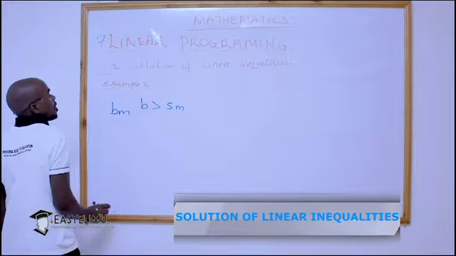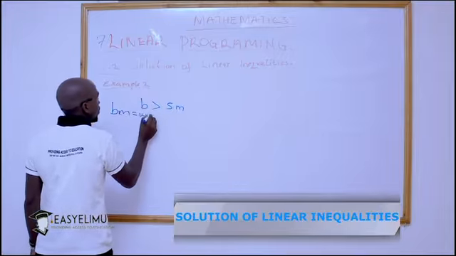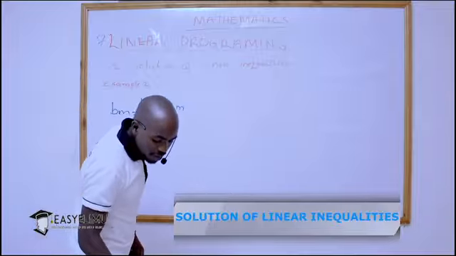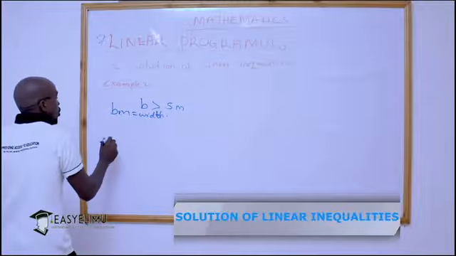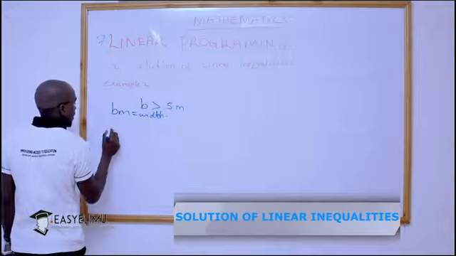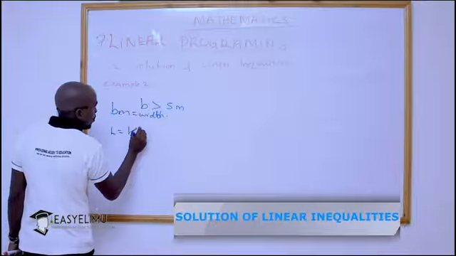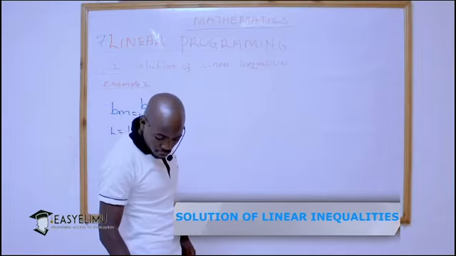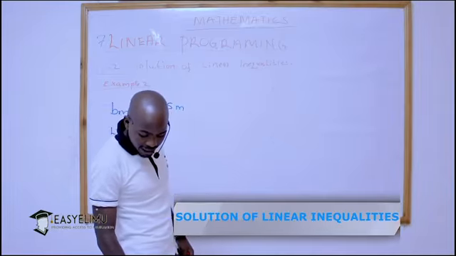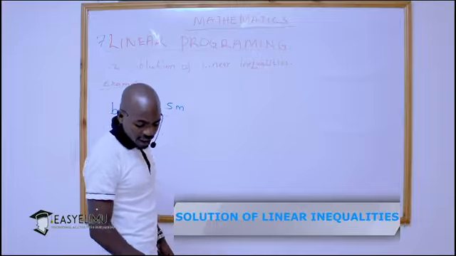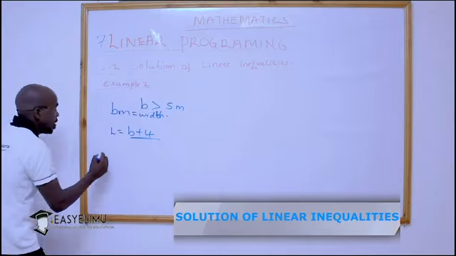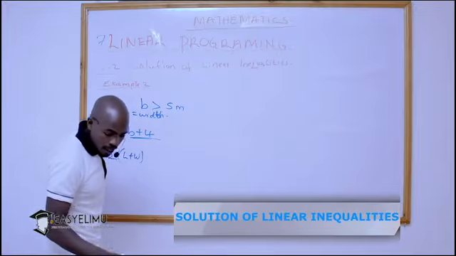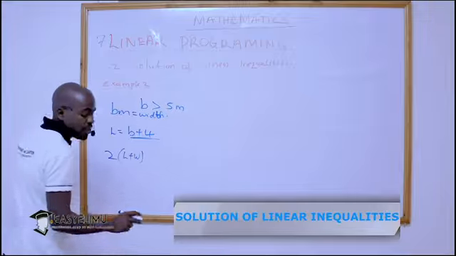So if b is greater than 5 meters and b is the width, we can finally say that the length of the room is 4 meters more than its width. So if b is the width, then the length is equivalent to b plus 4. We can solve that way. And then we have been told that the perimeter of the room is not greater than 36 meters. So we know this is a rectangle, and if it's a rectangle, 2 into length plus width is not greater than 36 meters, meaning